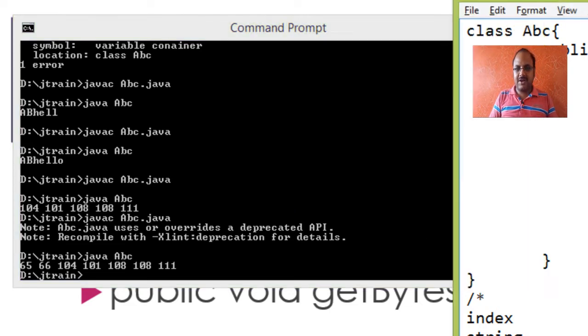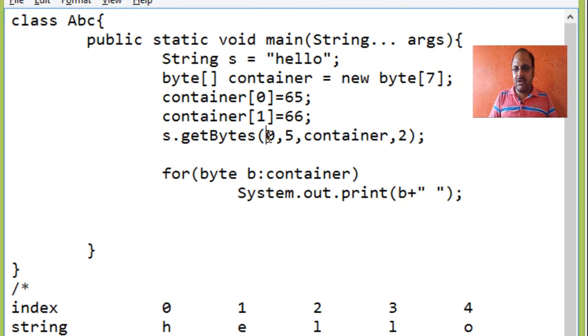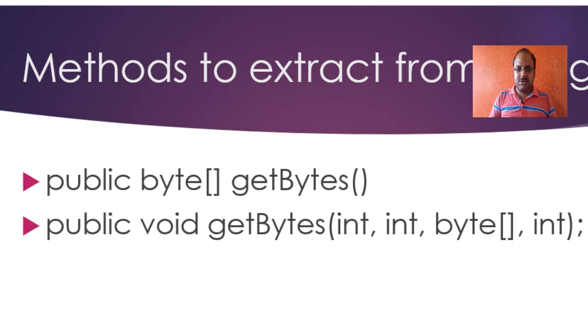So I guess you have understood the features of both getBytes methods. The first one is without arguments, and the second one is with 4 arguments. It has the begin index, end index plus 1 if you want to get all the characters, and then the container where you want to keep them, and then the index of the container where you want to keep them. So in the next session I will talk about different types of indexes we can get